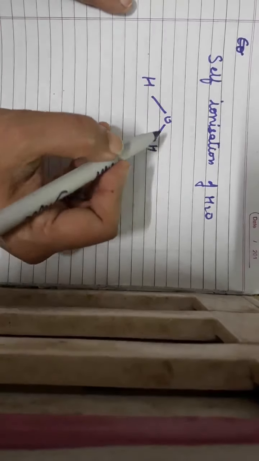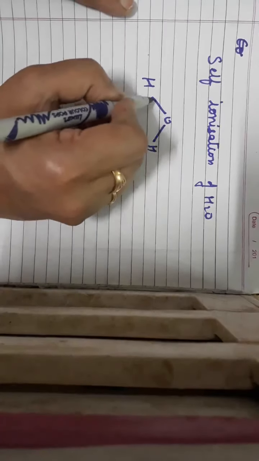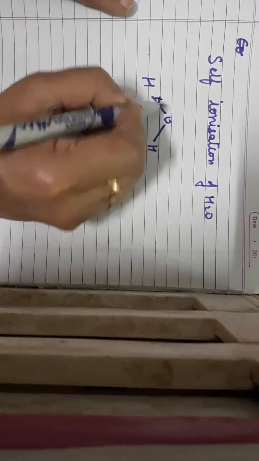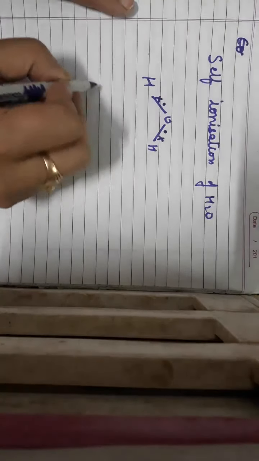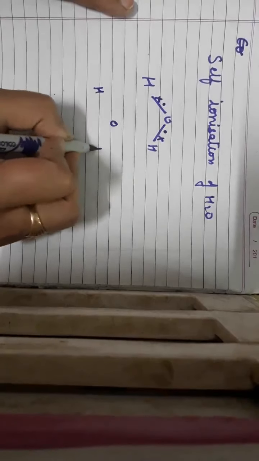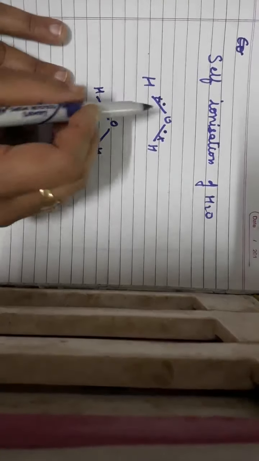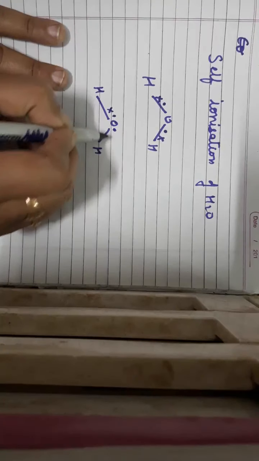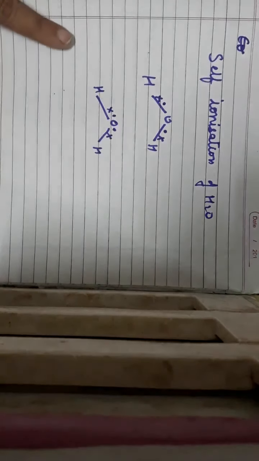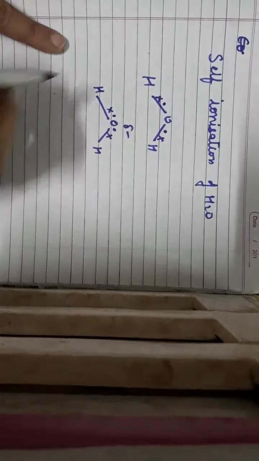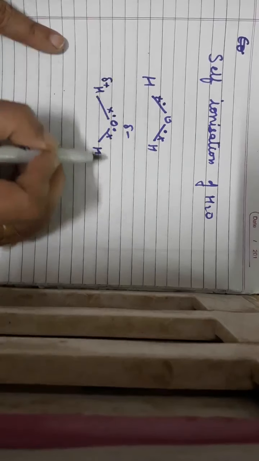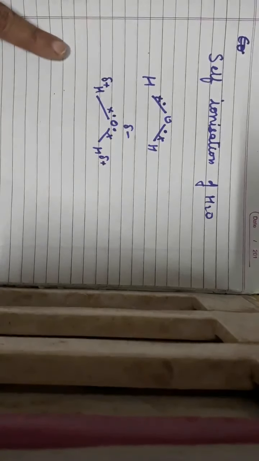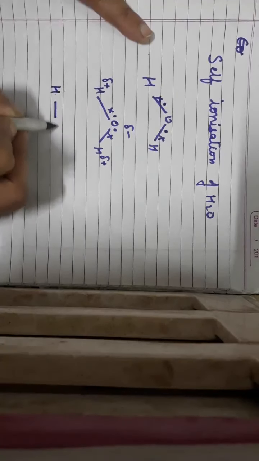So the shared pair of hydrogen and oxygen, for example, this is the shared pair. This electron is of hydrogen, this is of oxygen. This is of hydrogen and this is of oxygen. But as polarity exists, these shared pairs get shifted towards oxygen, which is more electronegative, so it acquires a partial negative charge. Both the hydrogens, as the pair of electrons is being pulled away from them, will acquire a partial positive charge. Now, let me show you with the straight structure, then it will be much easier for you.